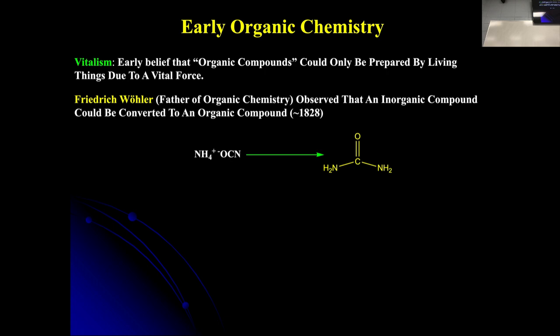Okay? This is an organic molecule. Okay? It contains carbon, hydrogen, nitrogen, and oxygen. And so that really sparked modern organic chemistry to think that we could take things from like crude oil, or we could take things from other substances and we could convert them into new substances if we understood the chemistry a little bit better. That's where modern organic chemistry started, okay? 1828, long time ago. But nonetheless, it's still very vital to talk about it today. No pun intended with vitalism.